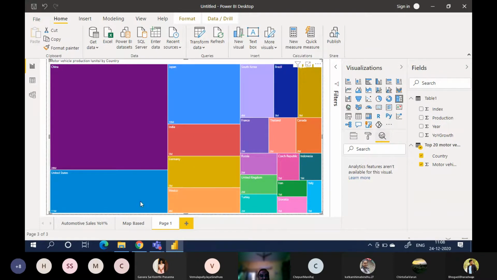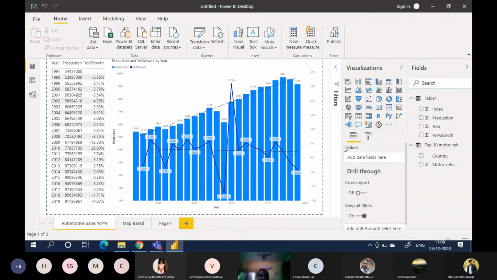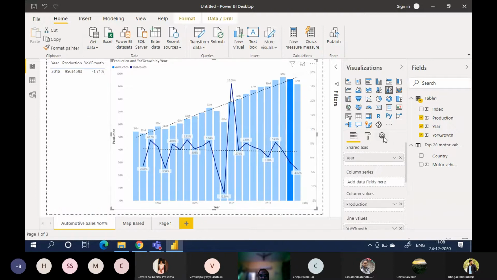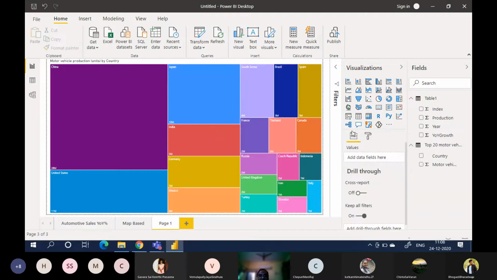So there is an automatic analytics function available where, if I go to my previous graph and I click on analytics, it is suggesting me a trend line. You can use a trend line. So the analytics function is based on the type of visualization you are using. For some visualizations, you will not get any analytics thing. But for some visualizations, you will see analytics here. This is your fields. This is your format. Here you will see analytics.